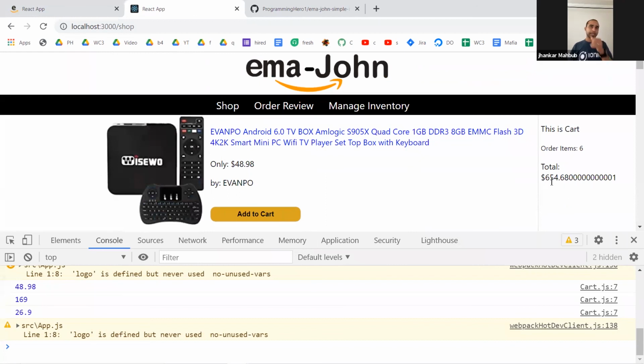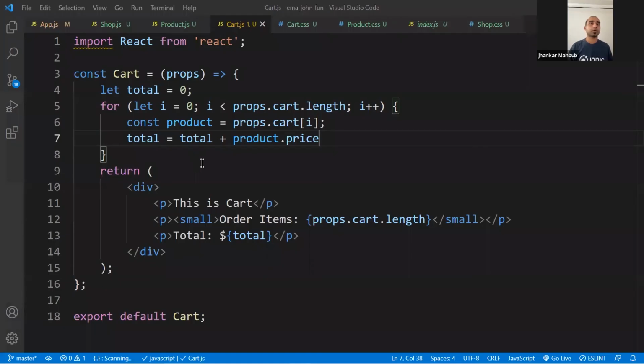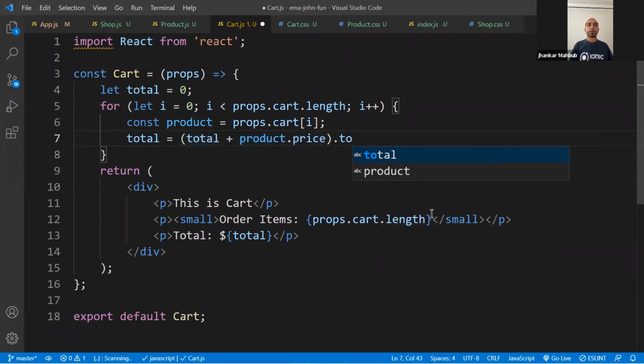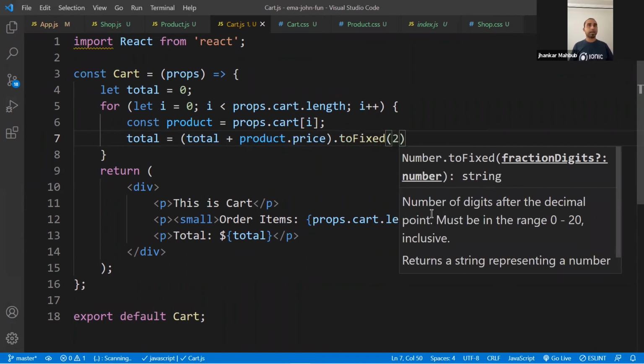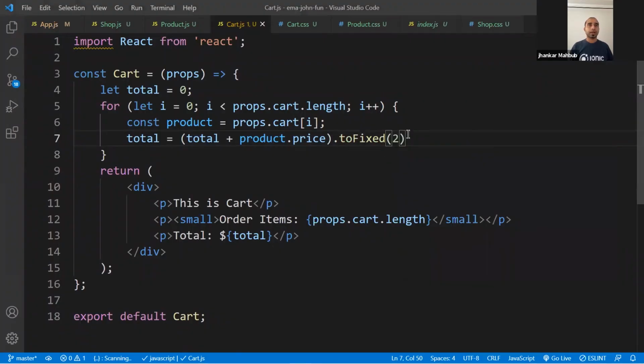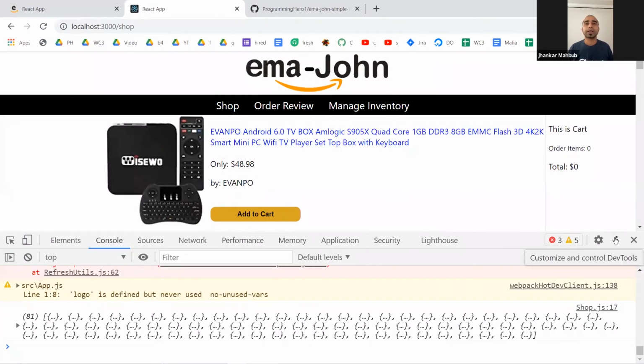And sometimes you'll see a big number. Don't worry, you can make this even better if you want. The way you need to do it, that second bracket, there are so many different ways you can do it. To fixed, like to precision, something like this. And if it is not a number, we can do different types of formatting some other way. But anyway, you got the idea of how we can handle that, how you display the total price there as well.